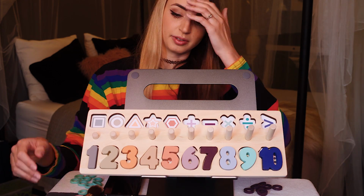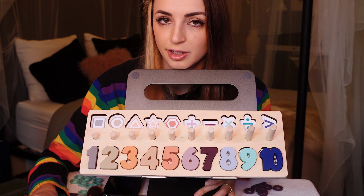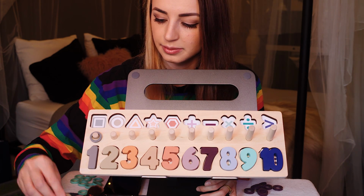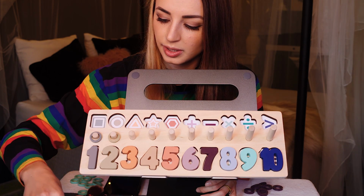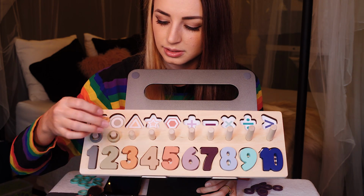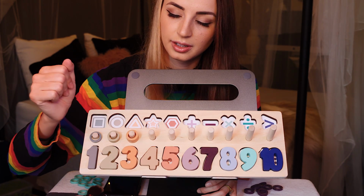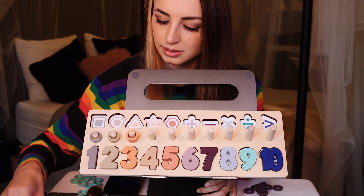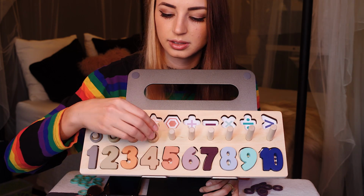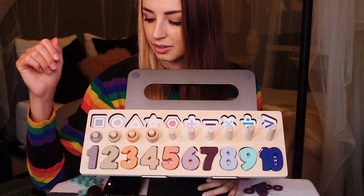Now these rings, we're going to have to audit them and make sure that there are as many rings as there should be. So we have 1 gray ring, 1, 2 sage green rings, 1, 2, 3 peach colored rings, 1, 2, 3, 4 khaki colored rings,